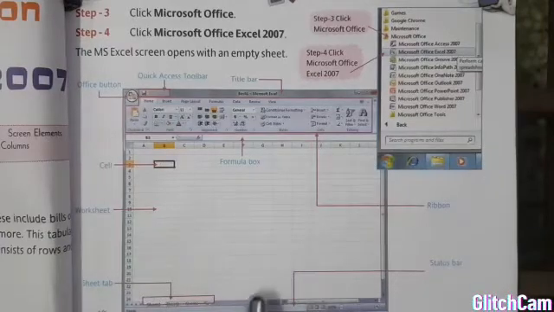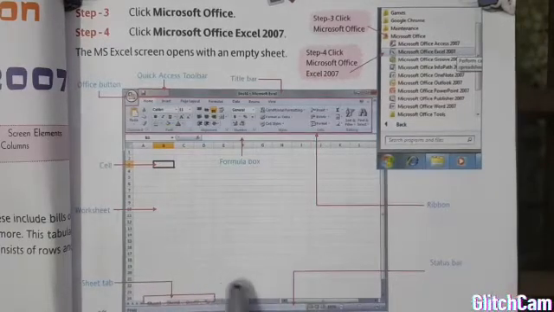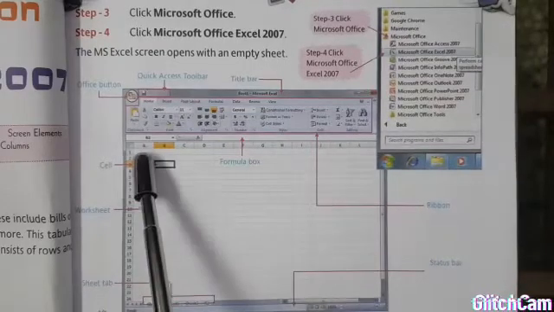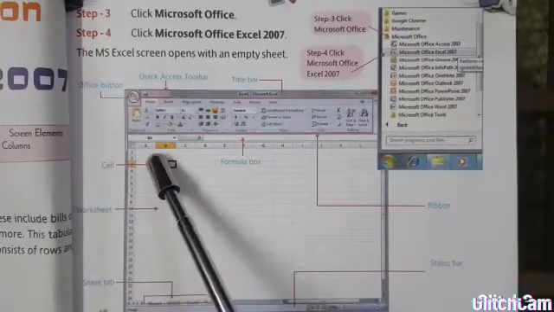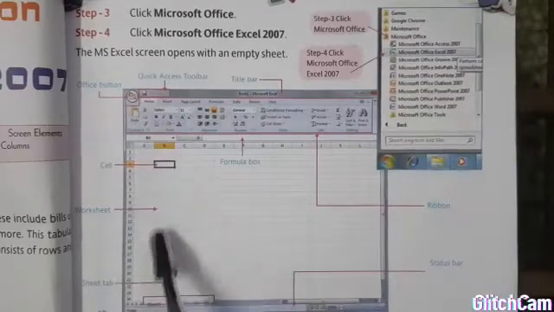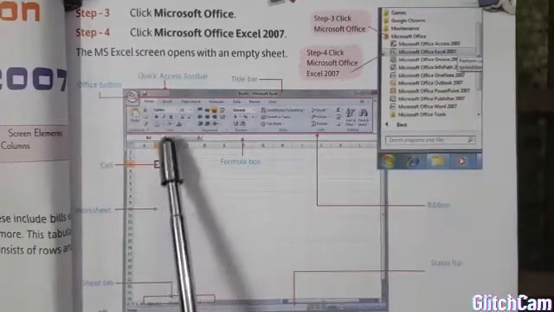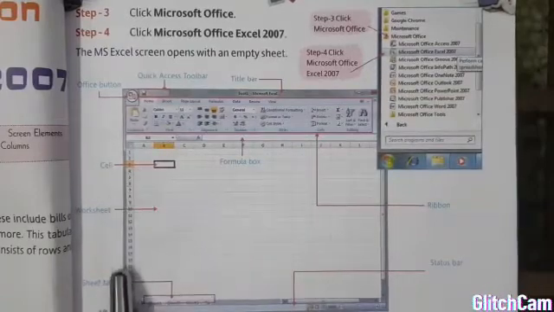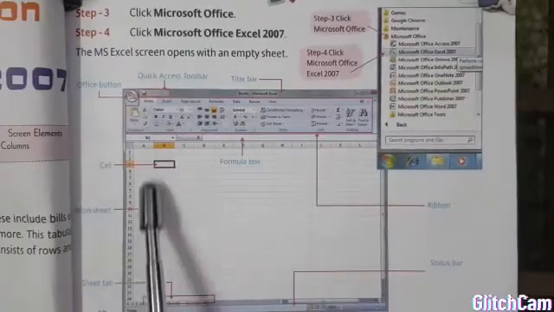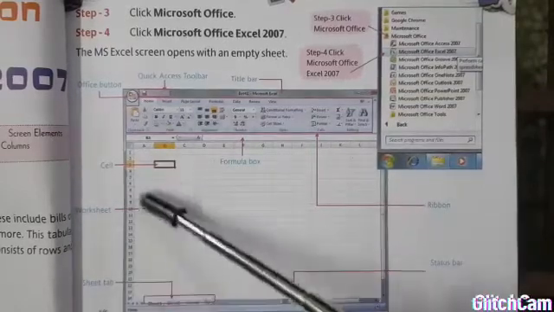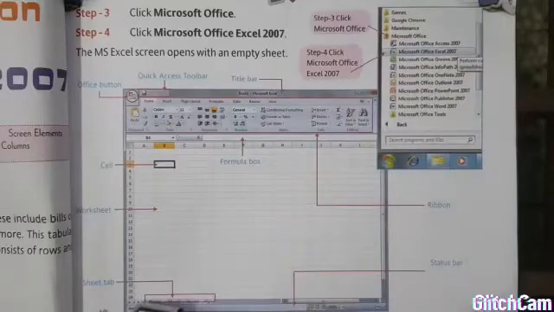Okay, the next one is when we scroll from left to right, the screen will move, or when we scroll in the upward direction, the rows will also go up, and you can see rows 1 to 24 are right now appearing on your screen.